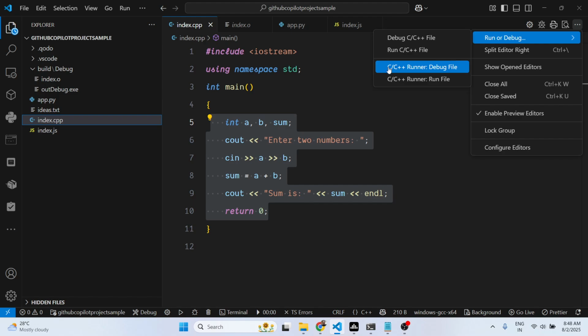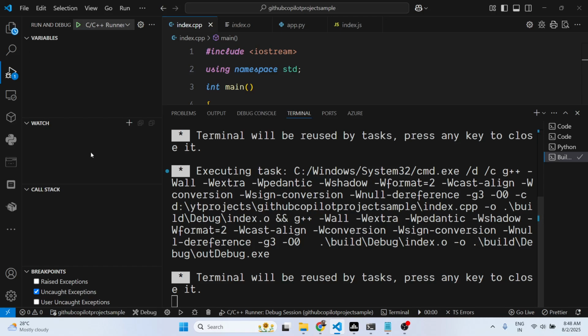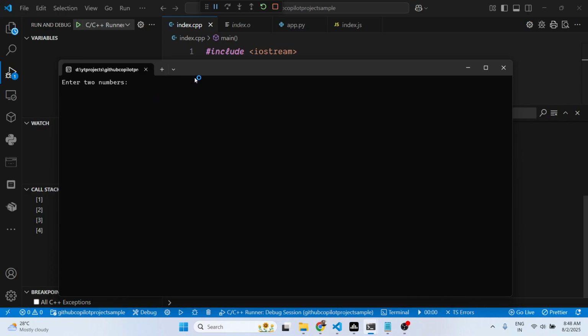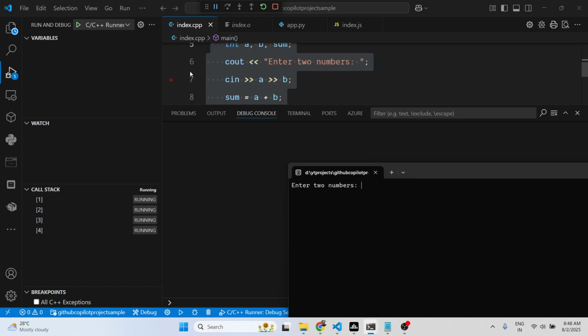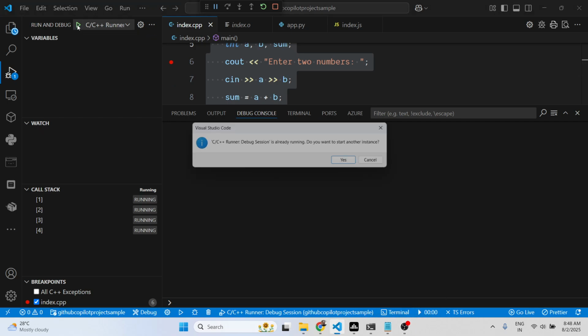You select debug file. So now it will basically enter into debug mode. So here you can actually watch debug in real time. As you can see, you just need to add a breakpoint right here. Just click add a breakpoint. So now if you click on the run button,